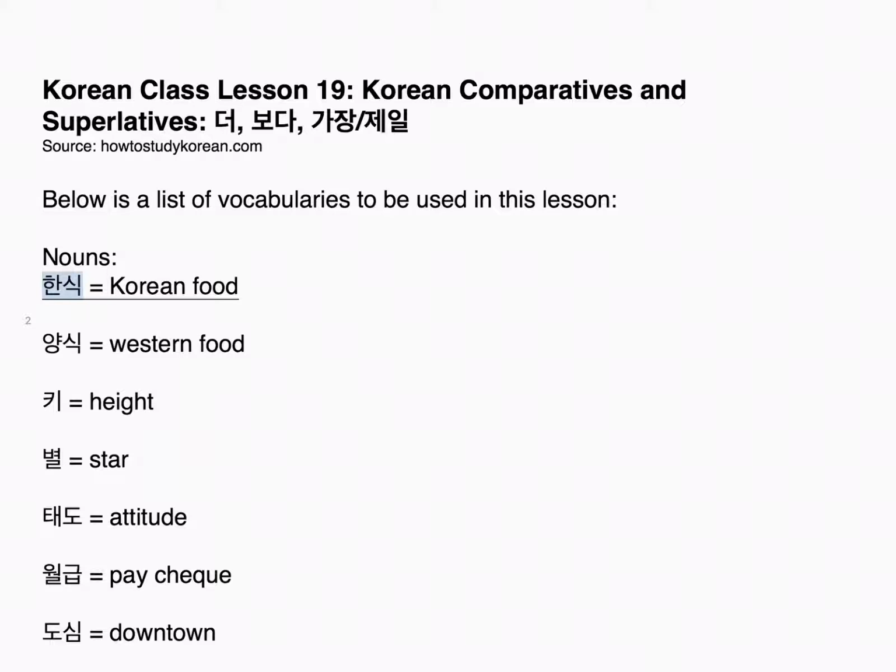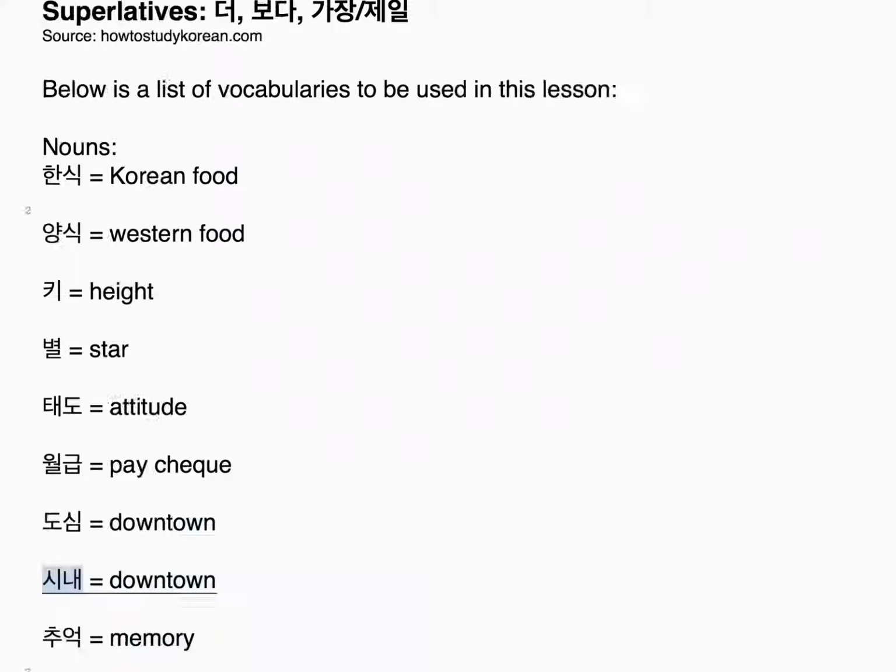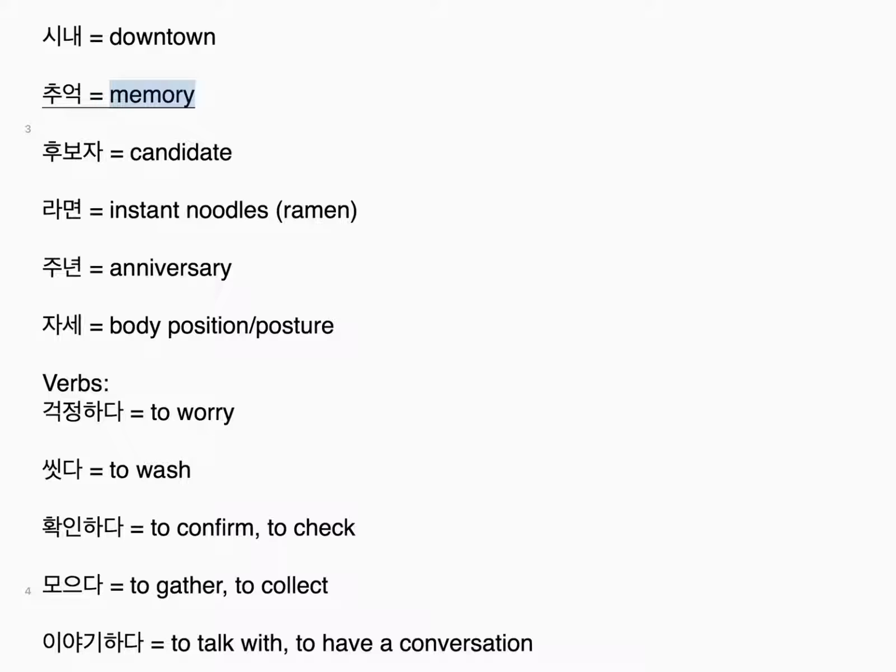Nouns. 한식, Korean food. 양식, Western food. 키, 별, 태도, 월급, paycheck. 도심, 시내, downtown. 추억, memory. 후보자, candidate. 라면, instant noodles, ramen. 주년, anniversary. 자세,